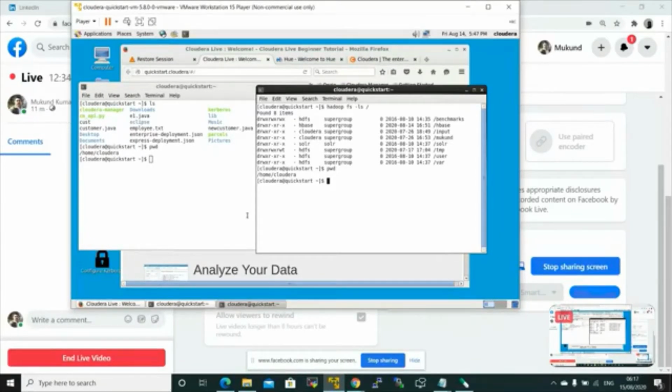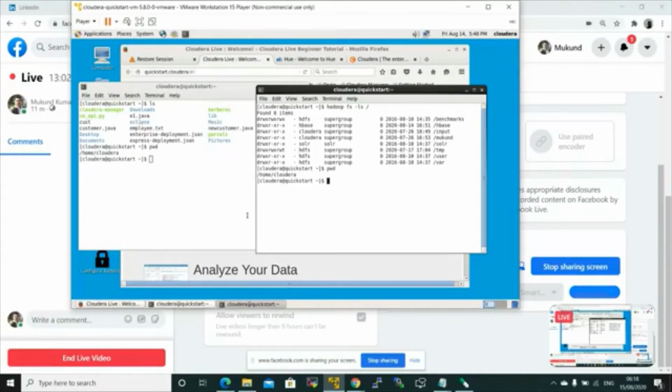But to understand how it works, you should understand that if only the file system is installed, then you can do some sort of operations on the file system. So that's how it is. What I am doing is giving a command for listing of the files and folders, and that is for